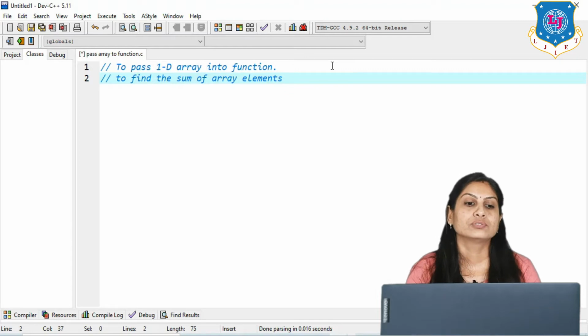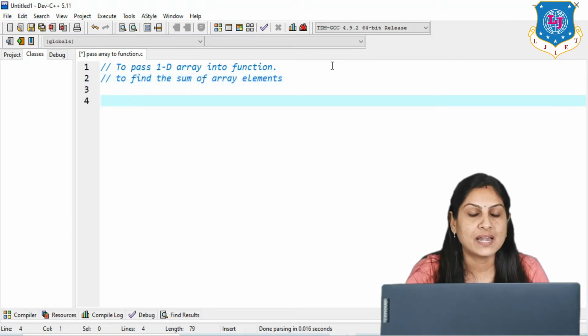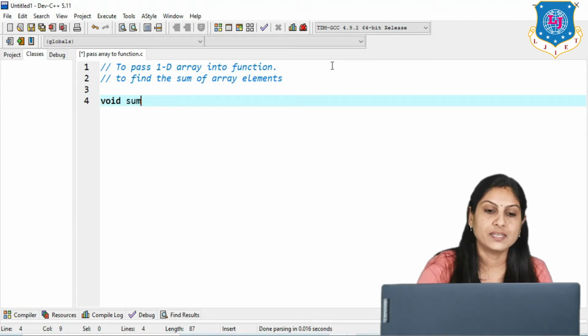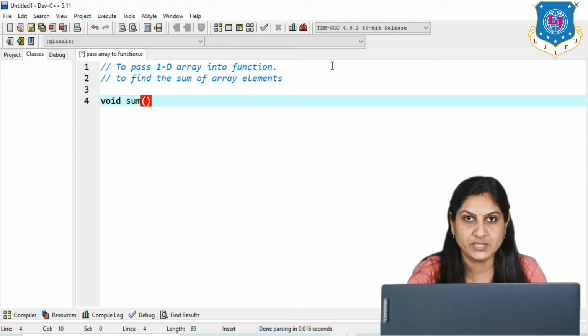If you remember, the first part is function declaration, and that is always before the void main. Before starting the void main, we have to use the third category, with argument no return. How do you show no return? Using the void return type and the name of your function. Right now we are using the sum function, and here we have to pass two parameters.